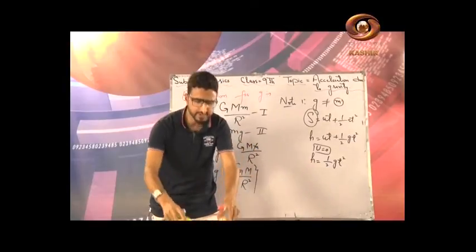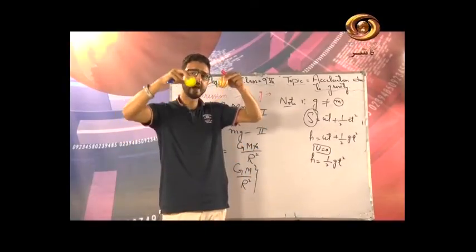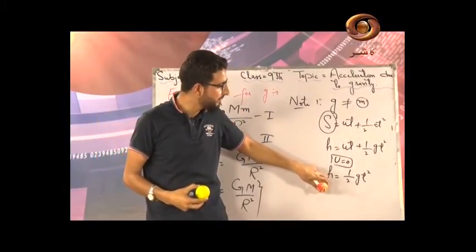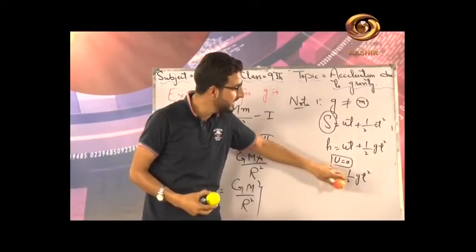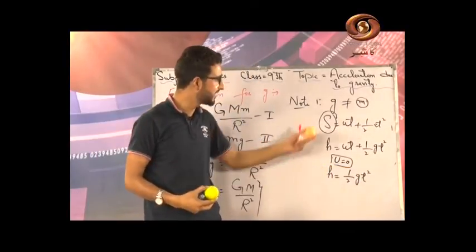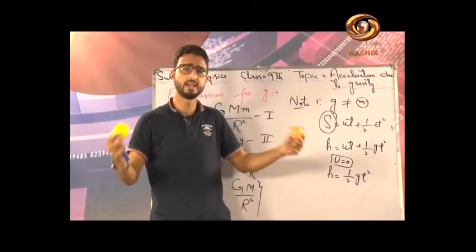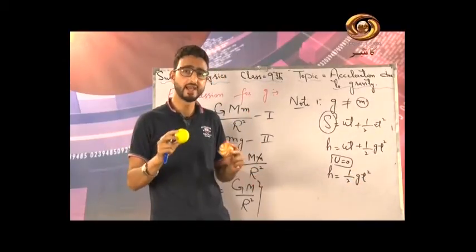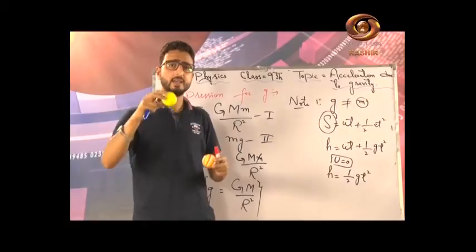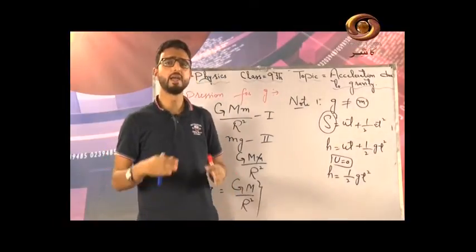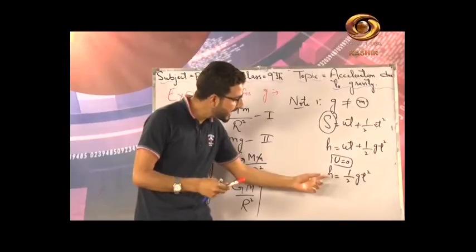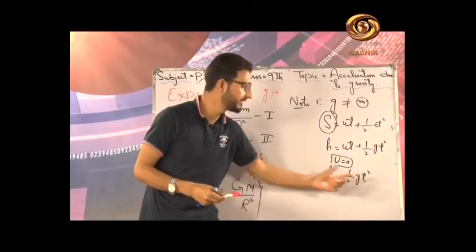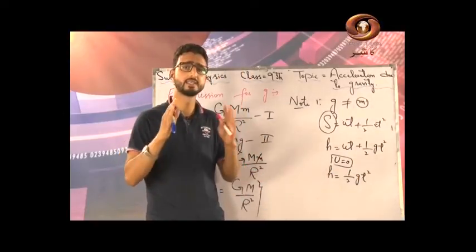Now, if two bodies of different masses, a light body and a heavy body, are allowed to fall from the same height, they will hit the earth simultaneously, because g is the same. It does not depend upon the mass of the body, whether it is light or heavy, right? You are getting my point or not? If the two bodies, a light body like a paper and a heavy body like a ball, are allowed to fall from the same height, because of the same value of g, t will remain the same. So they will hit the earth simultaneously.